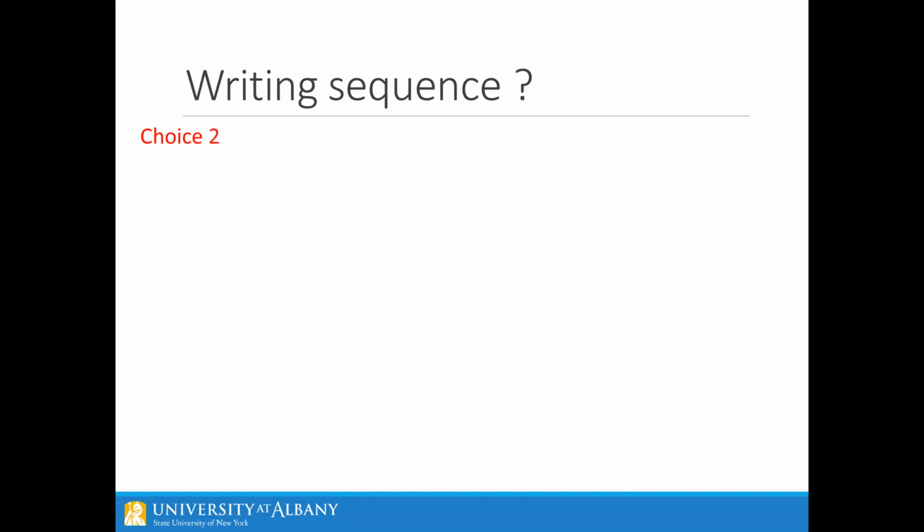And the second choice starts with proposed work. Although you know what you're doing, why you are doing it, you know the motivation, you have reviewed literature, and you know what the novelty of your work is, maybe you would start writing the work itself first, the proposed work. Okay, so maybe we will start with the proposed work section first, and then add experiments, results, analysis, and later, once